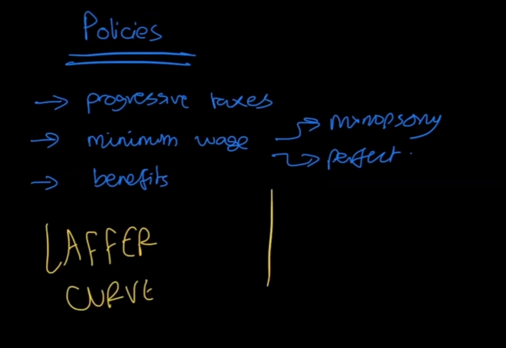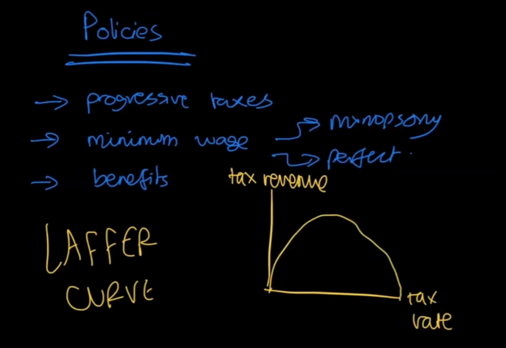So the Laffer curve is like this. These are your A-star evaluations for labor market. What does the graph I drew show? As the tax rate increases, tax revenue at first will increase, but then it'll start to decrease. And why do you think that might happen? The first bit's obvious: if I tax everybody more, I as government would collect more tax revenue. Why does it go down after?